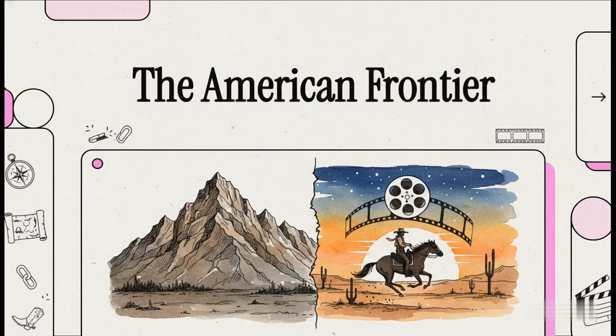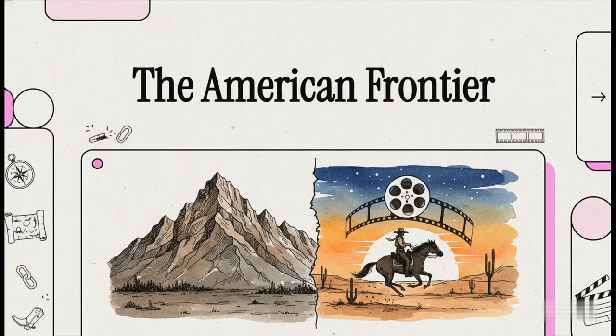Welcome to This Explainer. Today, we're diving right into the absolute behemoth that is the history of the American West. We're going to separate all that romanticized Hollywood folklore from the fascinating and sometimes really harsh historical facts. The American frontier is one of the defining features of the United States national identity. But the story we've been fed through pop culture completely misses the incredible reality of how this massive continental expansion